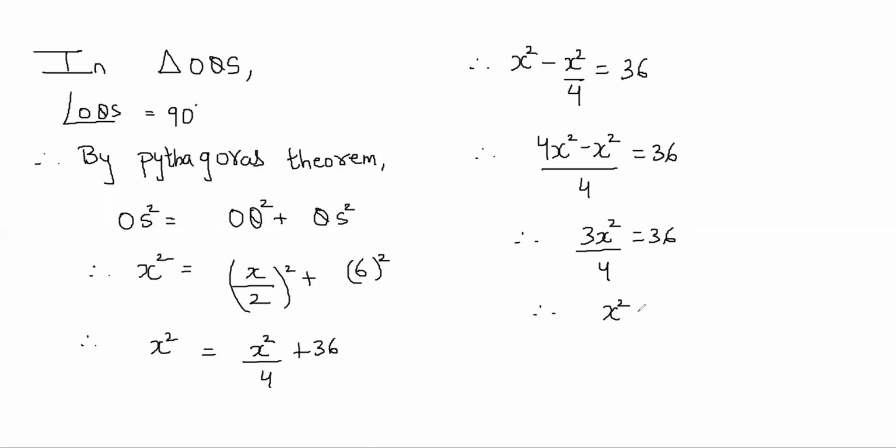Therefore, x square is equal to 36 into 4 upon 3. 3 ones are 3, 12s are 36. Therefore, x square is equal to 12. We will write it as 3 into 4 into 4. So x is equal